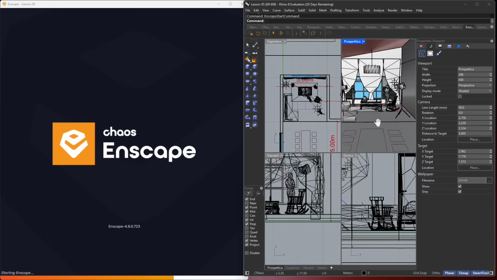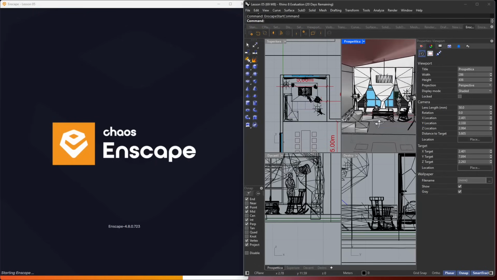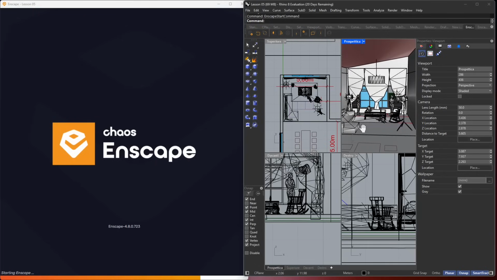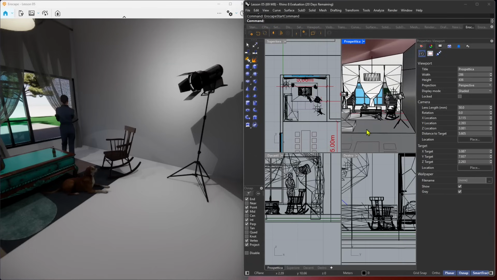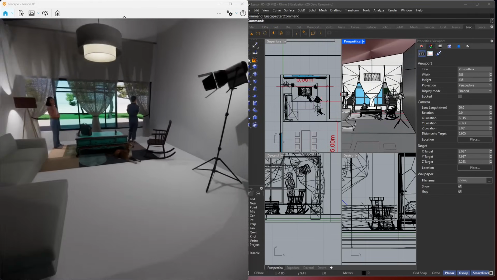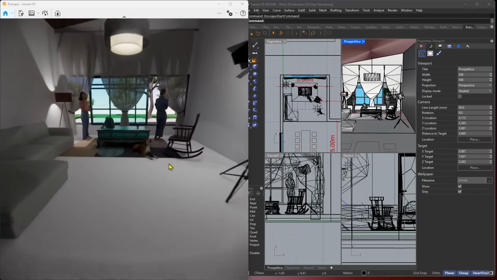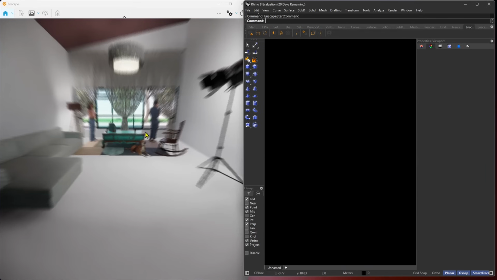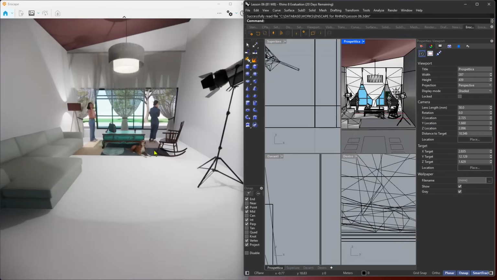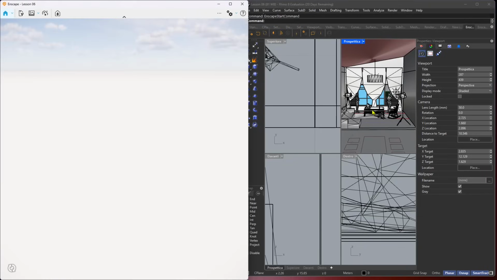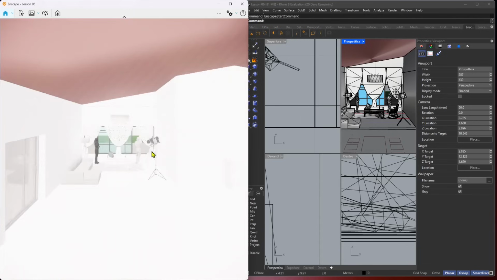So how we can get materials from the Enscape library, also how we can edit them, and also some problems that are related to materials. So this is the previous scene right here. And I'm also going to show you something about what we're going to do in this lesson. So this is going to be lesson number 6, and you will see the same scene but with some materials